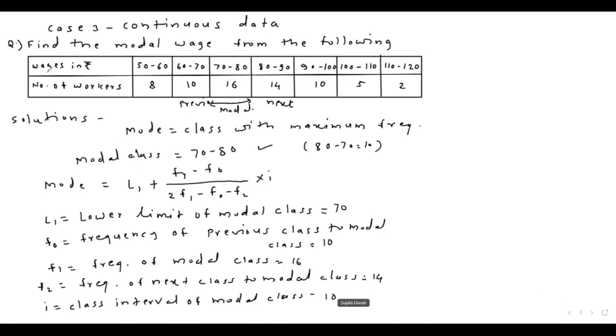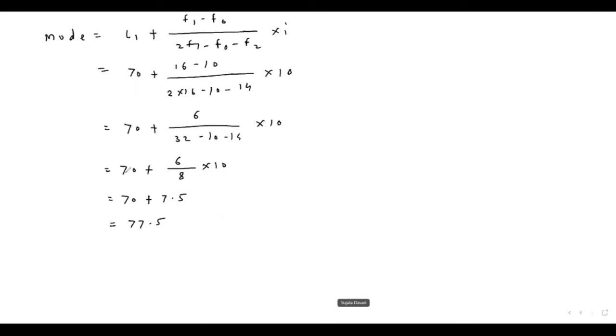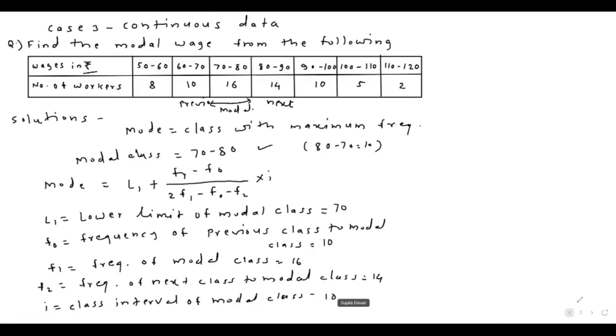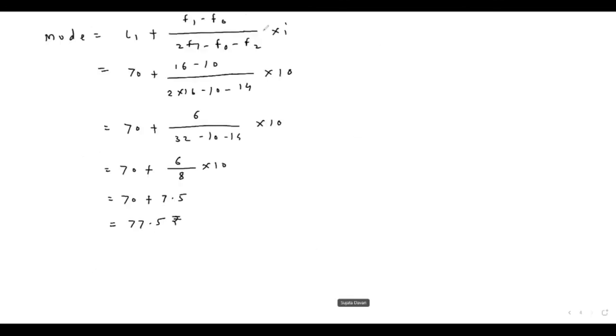Your problem contains wages in rupees, so the value of mode has a unit, and that is rupees. Since the mode is nothing but the item which belongs to X, and over here X is nothing but the wages of the workers. So these were some problems of mode as per the data type. The first data type is the individual data set, the second is the discrete data set, and the third is the continuous data set.